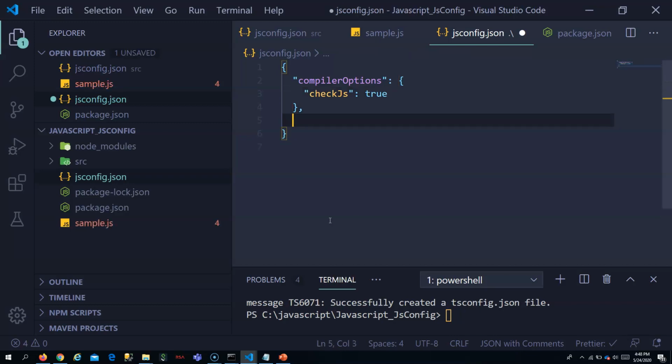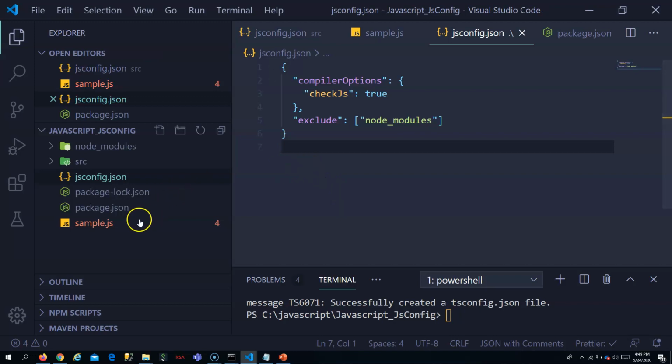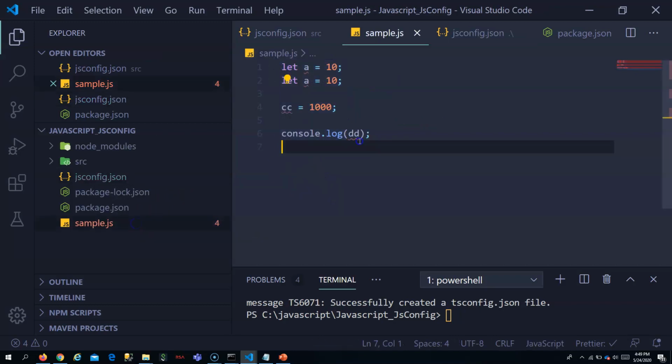And we can also say exclude node_modules. Once you add this file, you should be able to see the errors in VS Code.